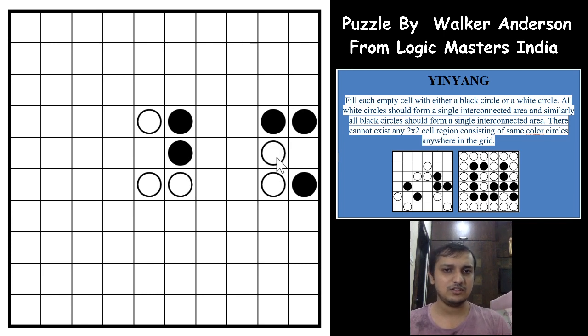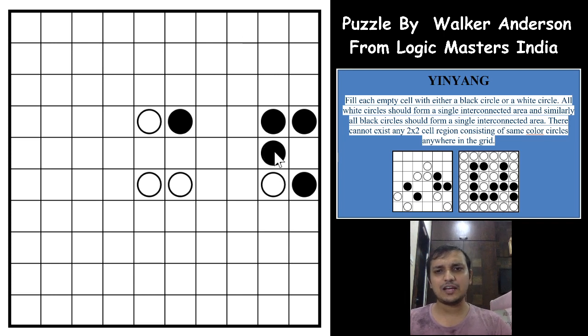Why is it the case? Let us see that. So what happens if I mark this as white, not black? Now as I said in a trick earlier, you can never form a 2 by 2 group of cells as a checkerboard pattern. Now if you shade this cell as a white circle, not to form a checkerboard pattern, this cannot be a black circle, which makes this cell a white circle and you form a 2 by 2 group of shaded cells, right? In the same way for this instance, you can never have a black circle here.